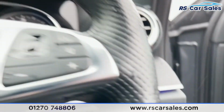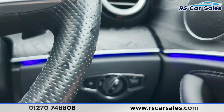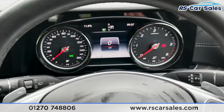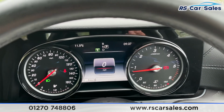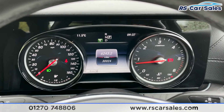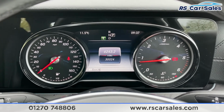We'll step inside out of the rain. We've got our auto lights on the right. We've got this beautiful ambient lighting throughout as well, which I'll show you a bit more in depth later on. Excuse the rain, sorry, from having the door open just there. Well, I'll start the car up, foot on the brake, engine on. There we go. We'll just get our mileage up now on display. As you can see, the vehicle has covered just over 30,000 miles, and we are free from any warning lights